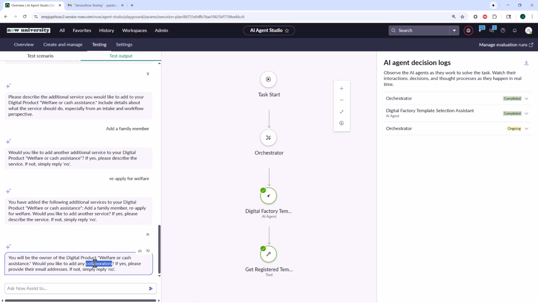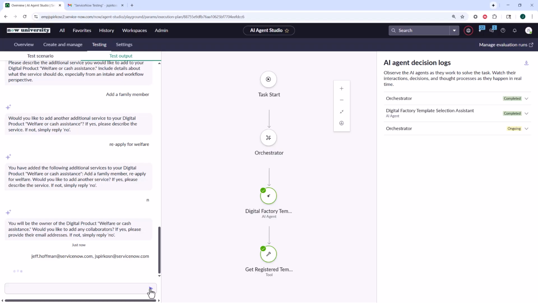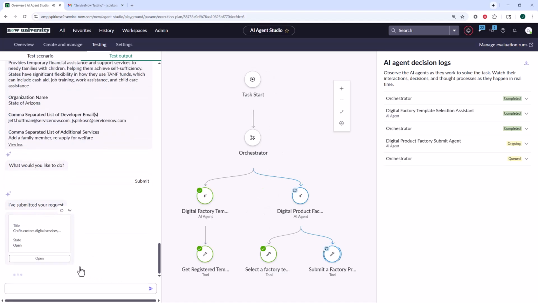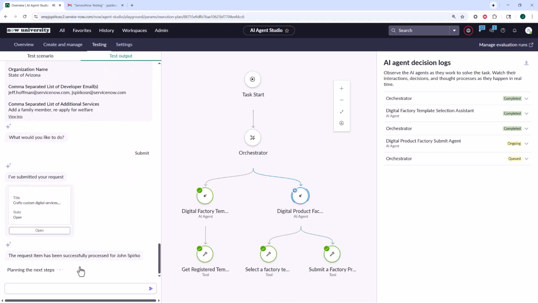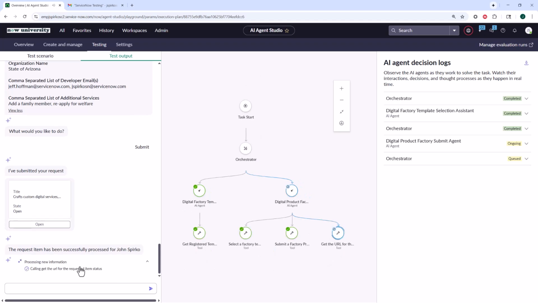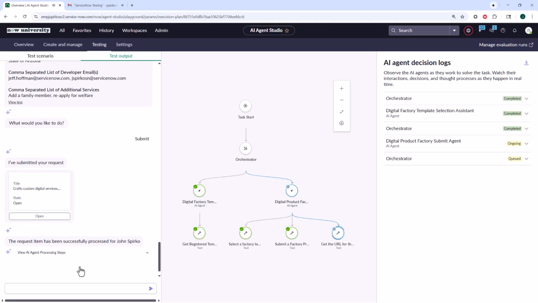So in this case, other people in my department or agency that would like to contribute to the development of this application. And I'm going to pick on Jeff today and put Jeff's name in here. And I'm going to add us on as collaborators. When the AI builds the product, it's going to automatically add Jeff and myself to the scope of the product so that we can be contributors in the citizen development part of that product. It's going to go through a series of information to tell me that the request has been successfully submitted to the factory. It'll give me a link so that I can go ahead and watch the status of my build